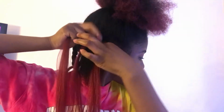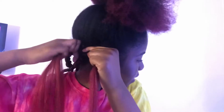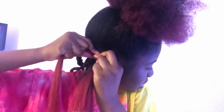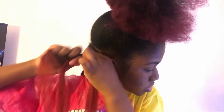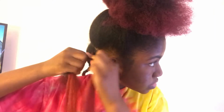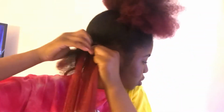So I just did the same thing, and then I'm just gonna take this, lay the middle hair on top of it, grab it, and then braid the left part, then braid the right part, and then just keep on making sure I'm gripping it as close to the root as possible. And then as I continue braiding, I pull my hair so that I can make sure it's really tight,